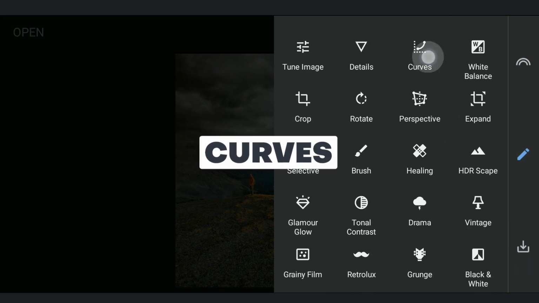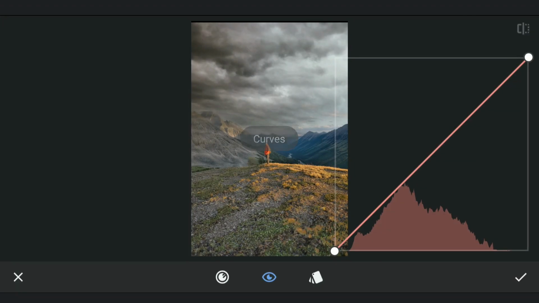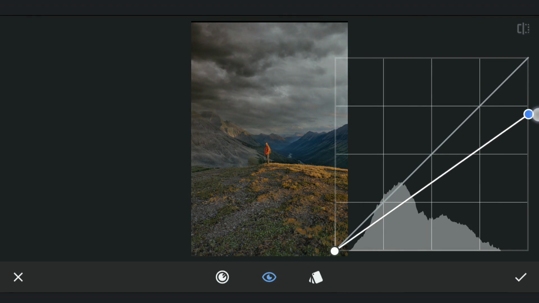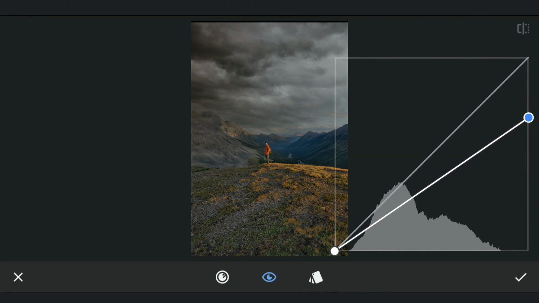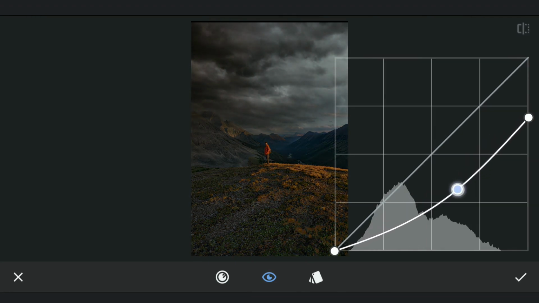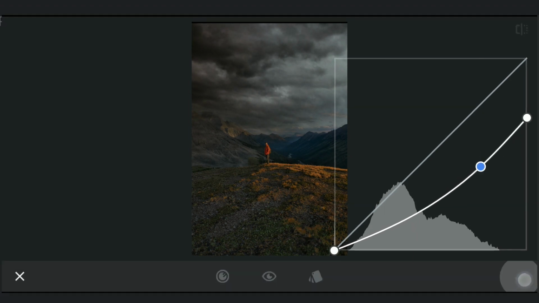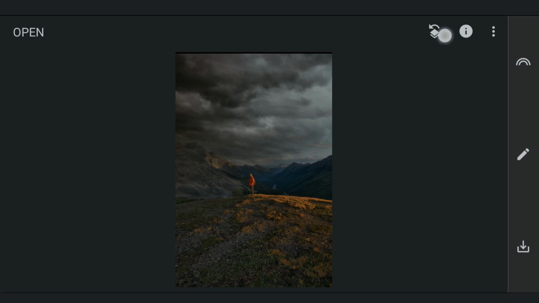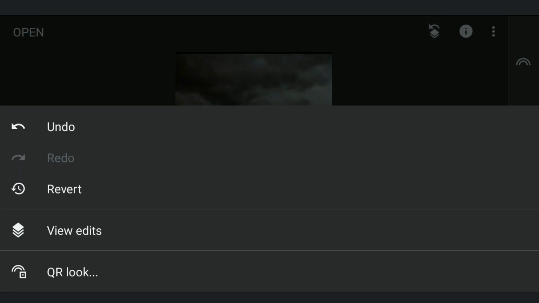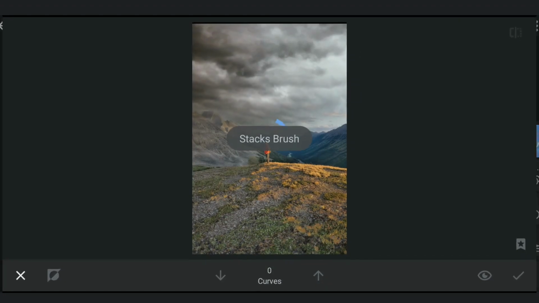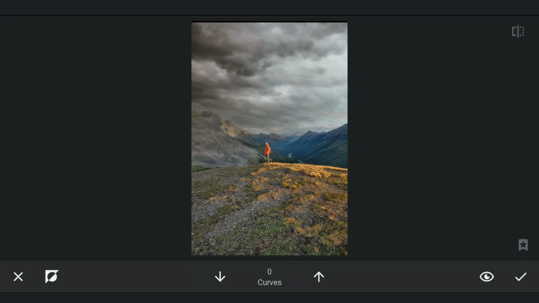Now using curves, darkening the overall image. Going to the masking screen, removing the effect in the foreground to make only the part of the clouds darker.